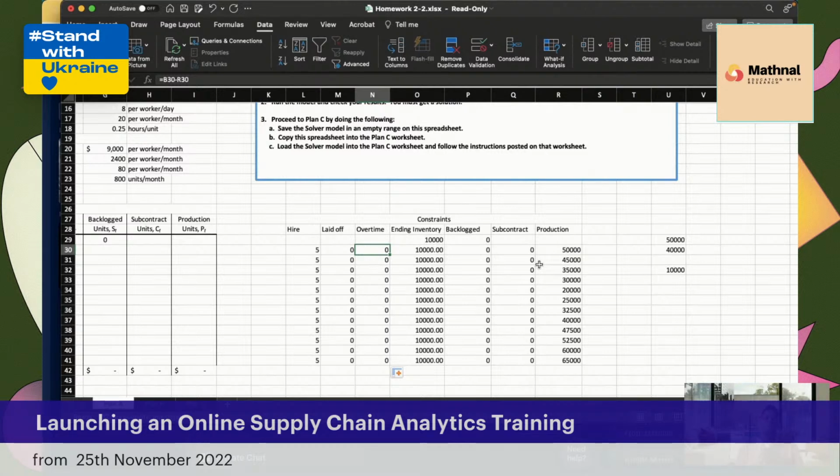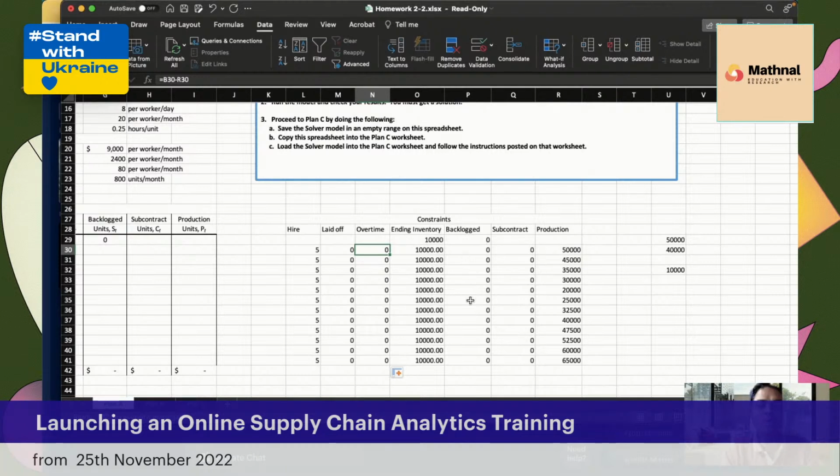In this particular case, we have three scenarios. Our forecast is equal to production, which means there is no subcontracting required and no overtime required. Similarly, there will be no backlogs, because our forecast is equal to production and we are able to make everything within the capacity. If anything goes beyond the capacity, we can go to either subcontracting or overtime. Since none of these is required here, the backlog will also be